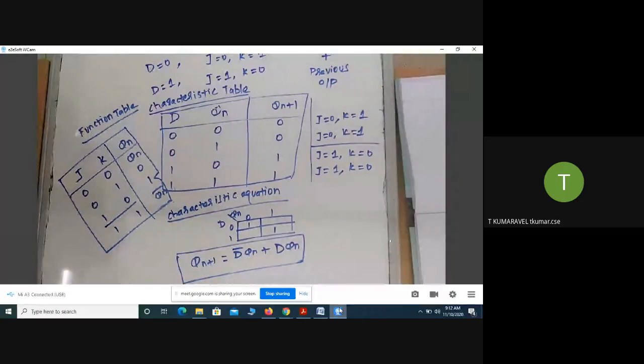Okay. That equation can be written like that. Okay, you can minimize. Here Qn is common between two terms. Take it out. Qn plus